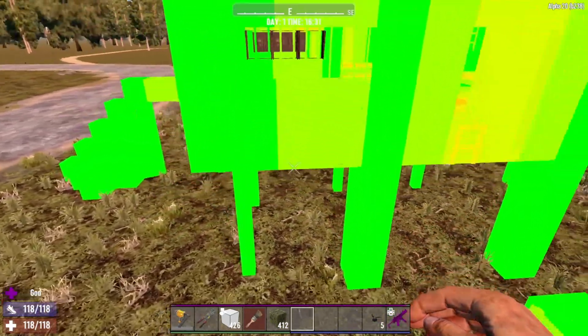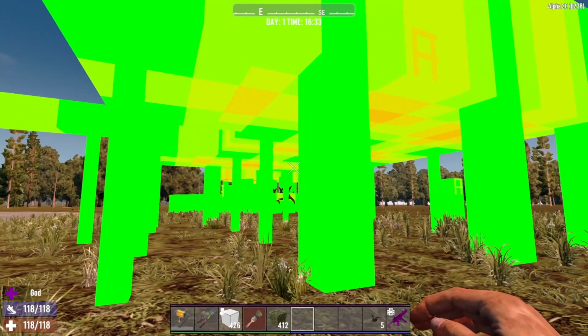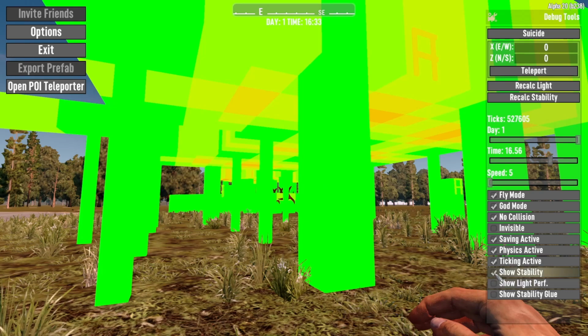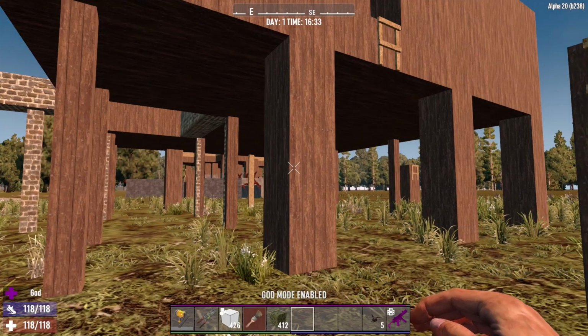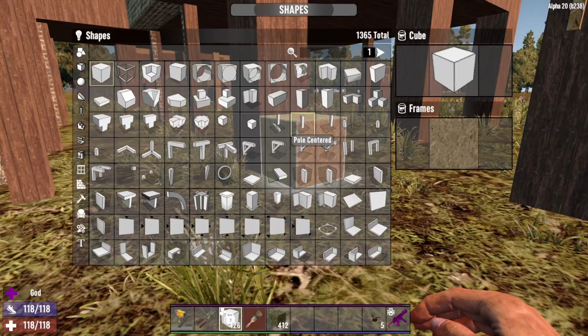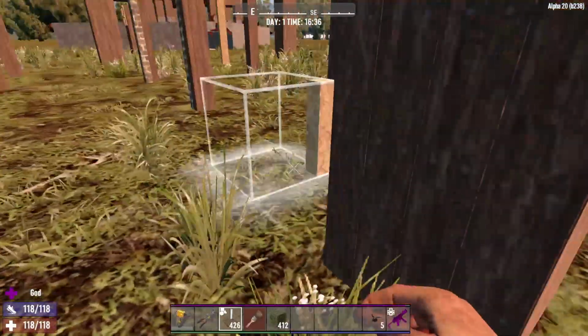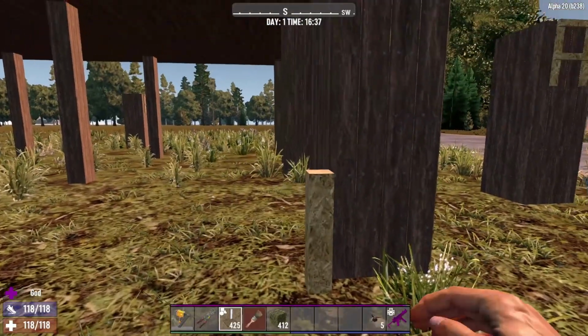Now if I go down here and I decide I want to change these blocks out for poles, so I'm going to press escape, I'm going to turn off the stability here. Now what I'm going to do is change out and put poles in here instead, like I've used here. So these are actually 4 poles instead of 1. So if I place these poles here,